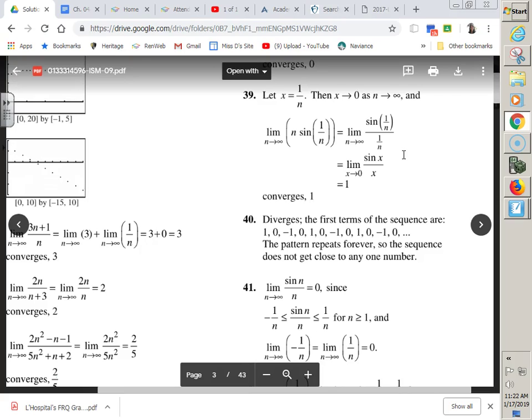So what you're doing is basically transforming it and saying let x equal 1 over n. So if I do 1 over n as n goes to infinity, x is going to go to 0. It's like a little quick u sub. And this one's much easier to see. A, it's a special limit. B, we could use L'Hopital's. C,